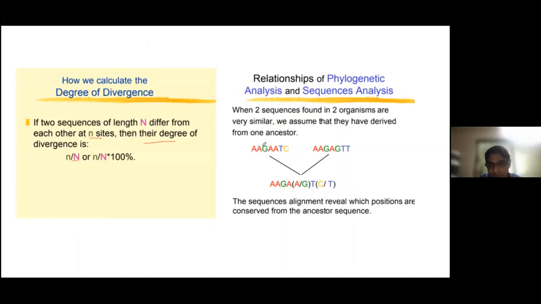So let's have a look here. There are two sequences, and we can find that there are two mismatches. So the small n is